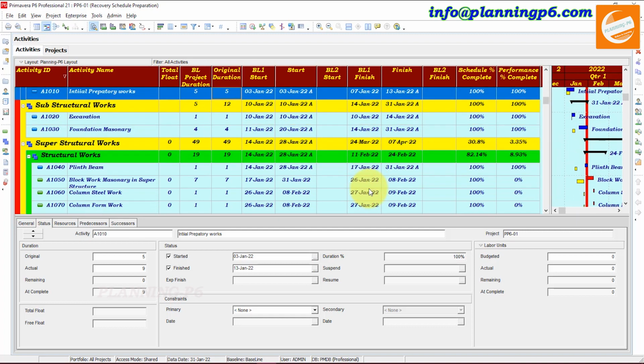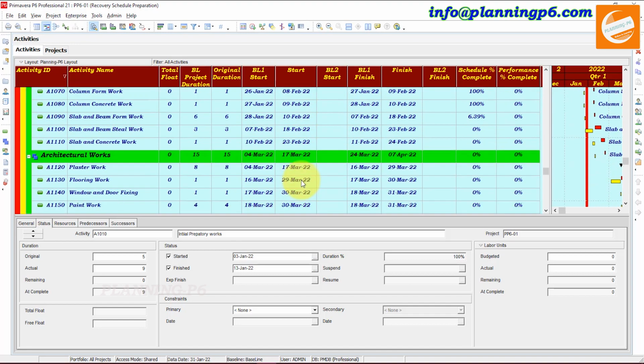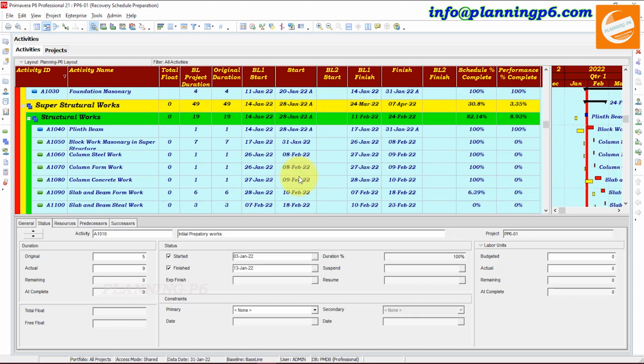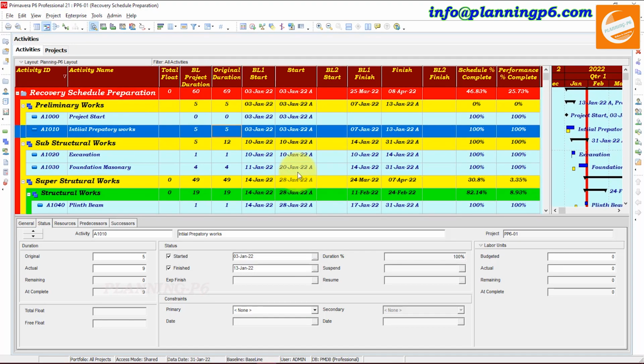You can manage your dates by activities up to level 4 or 5. Or maybe they freeze the baseline finish dates up to level 2, or they give you a free hand. There is no date freeze, but the project finish date is frozen as per the